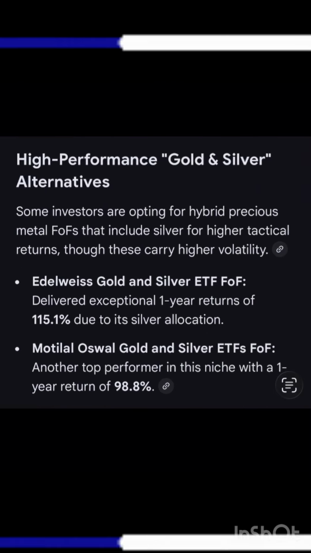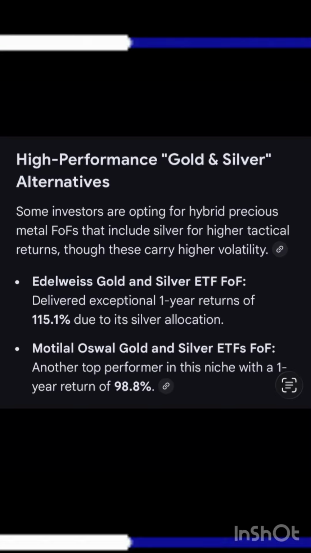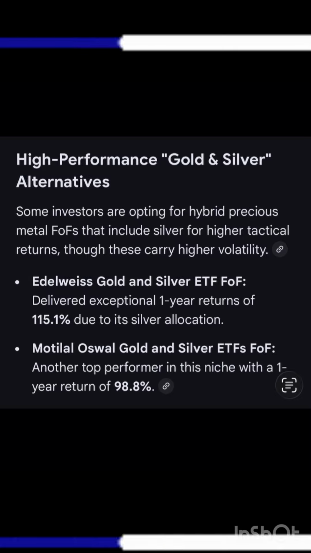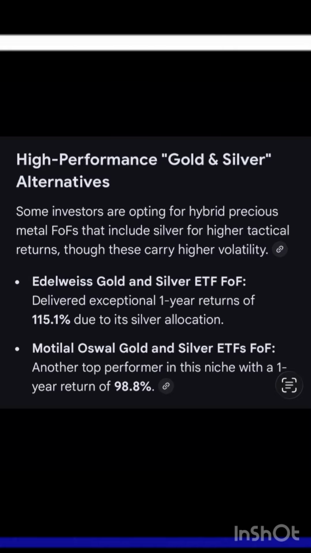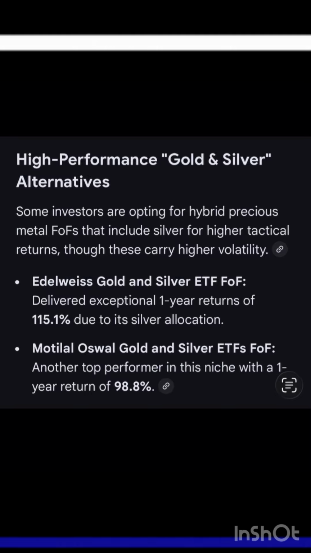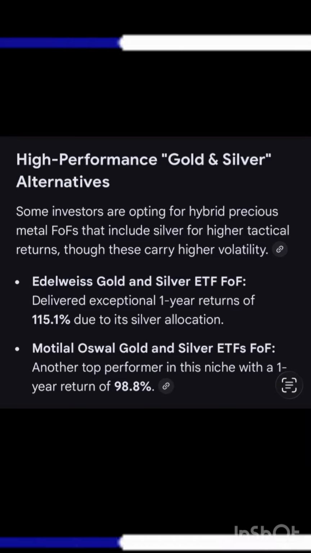Now just consider high performance gold and silver alternatives, because some investors are opting for hybrid. They are not taking only silver ETF or gold ETF FOF. They are also considering Edelweiss Gold and Silver ETF FOF, which delivered an exceptional 1 year return of 115.1% due to silver allocation, while Motilal Oswal Gold and Silver ETF delivered 98.8%. So if you are considering